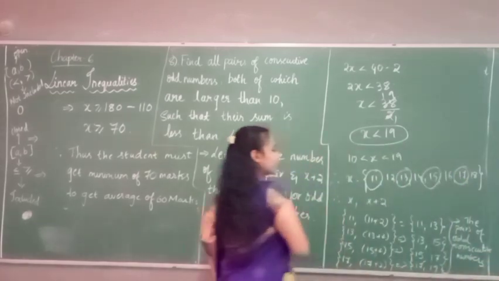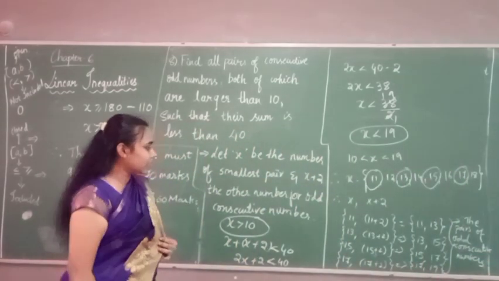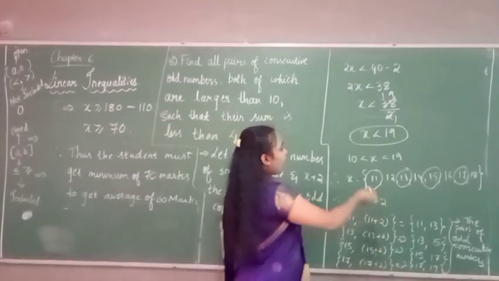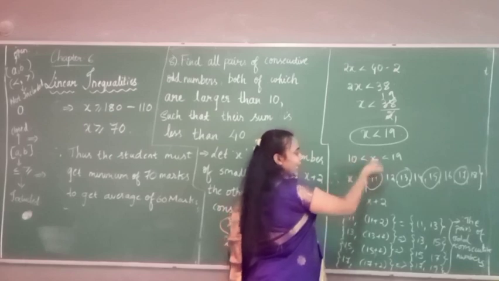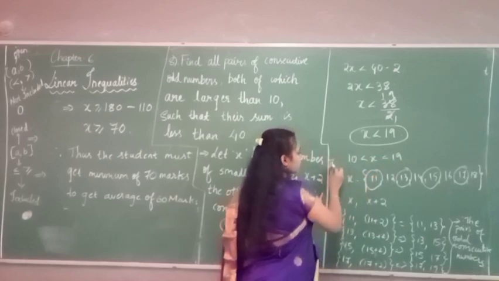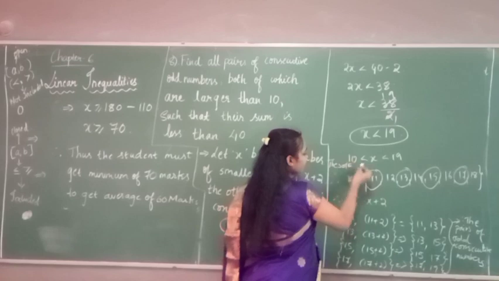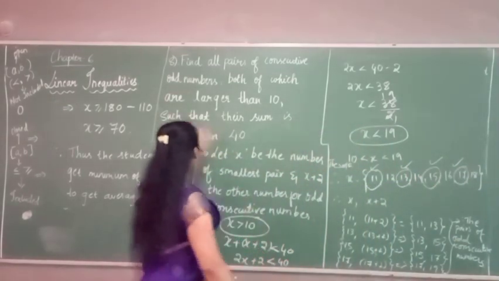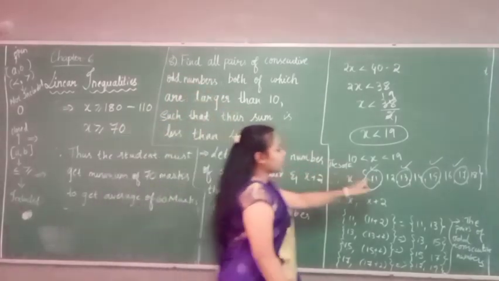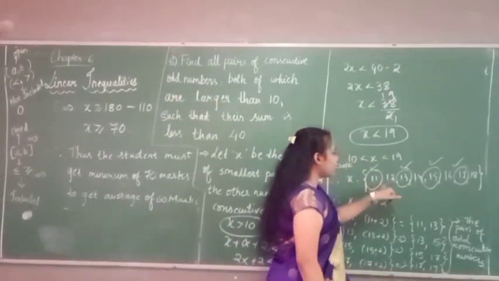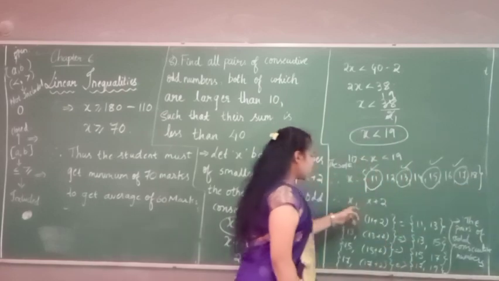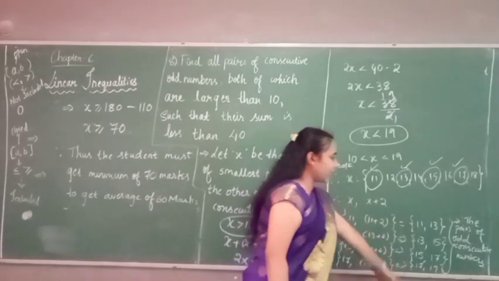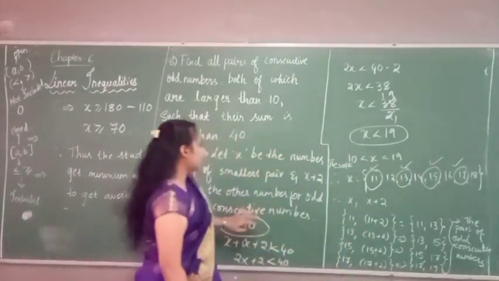So the solution set is nothing but 11, 13; 13, 15; 15, 17; and 17, 19. See here, for the intervals which lie between 10 and 19, the solution set we are getting here will only consider the odd numbers, because it is already given in the question itself. So we are not considering all other terms, only the odd numbers, that is 11, 13, 15, 17, and then substitute in the variables which we have considered, that is x and x plus 2, and you will be getting these terms. Hoping that you have understood this problem.